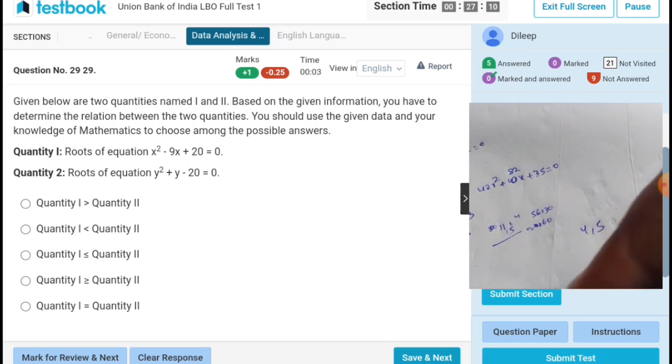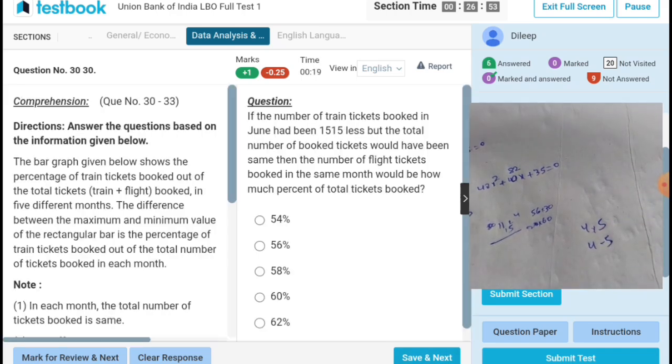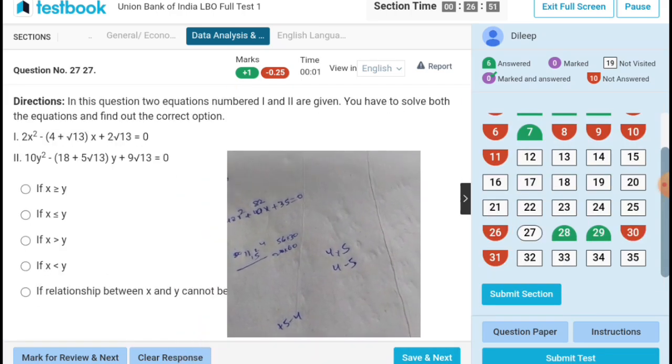So 4 5 minus 5. x is greater than equal to y and